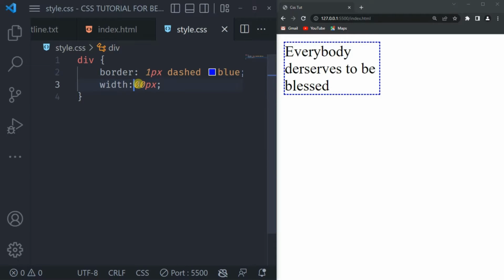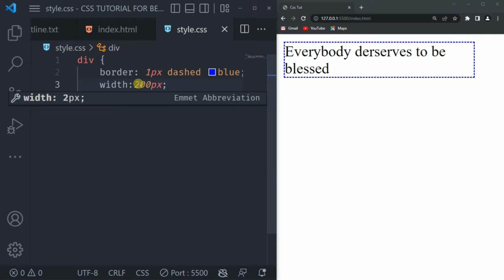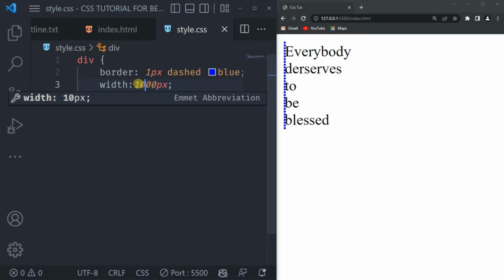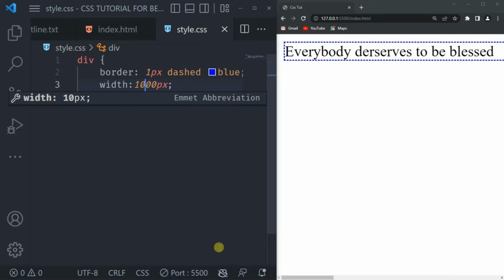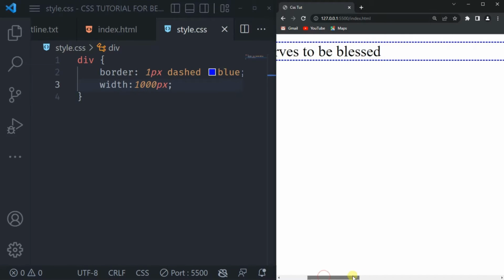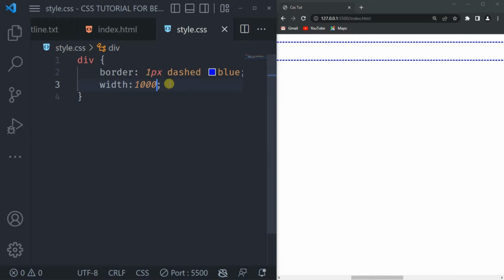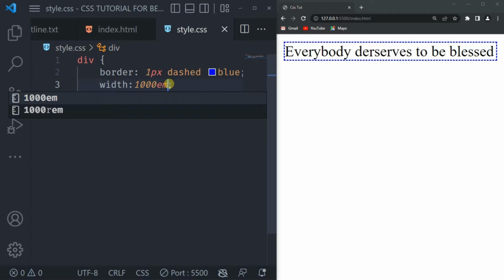So if I give this a width of 200 pixel, can you see? If I give it a width of, let's say, 1000 pixel, you see, then it's horizontally scrollable. Then I can scroll. So pixel is a unit, and you can have other units like em. You can have other units like